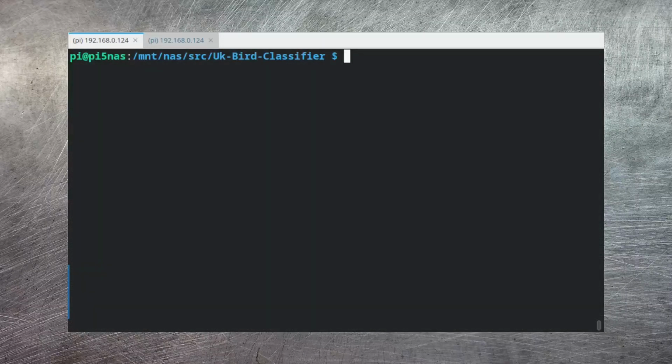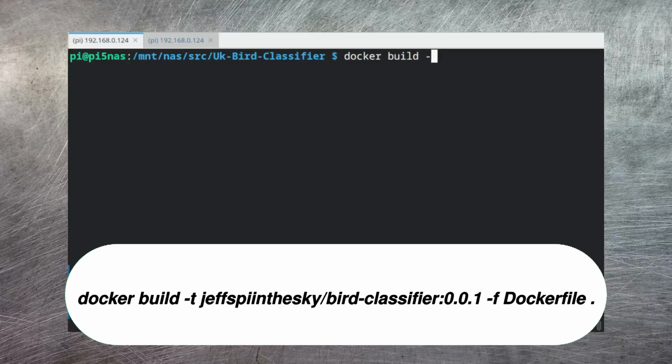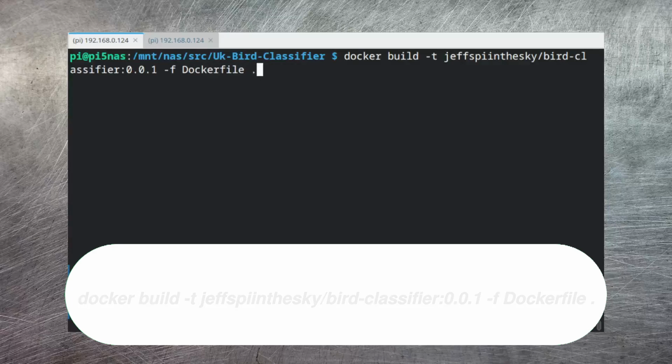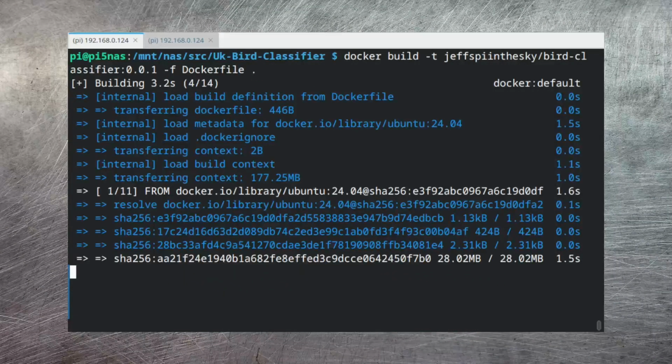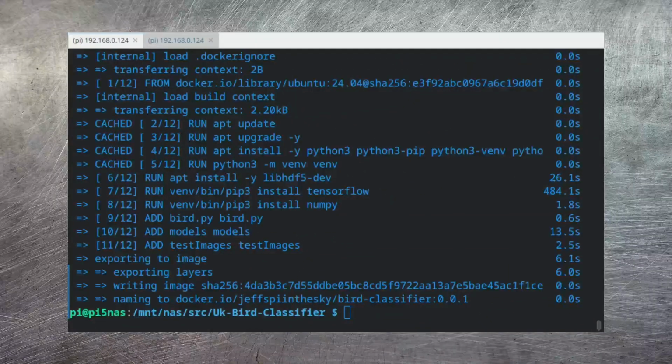To build the container, I just have to use the command docker build -t, and then I provide a tag for this container. So I'm just going to call this Jeff's Pie in the Sky/bird-classifier:0.0.1. I then have to point it to my Dockerfile. So I say -f Dockerfile, and then the directory that I need to run in, which is the current directory. So I just put dot. Okay, so now everything's built,